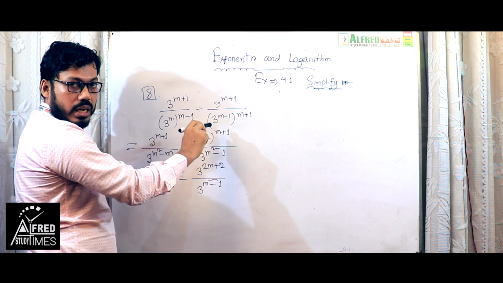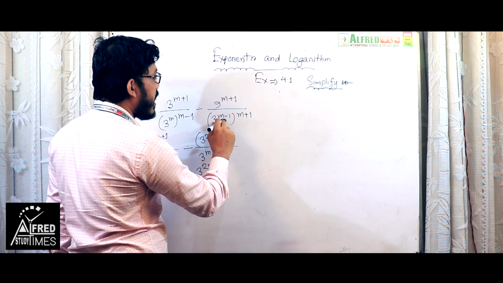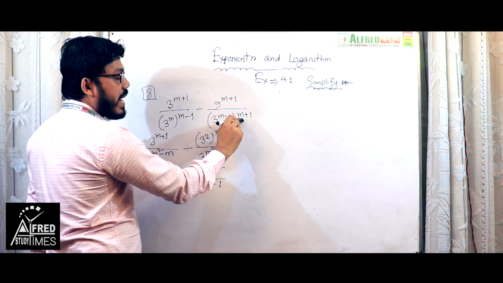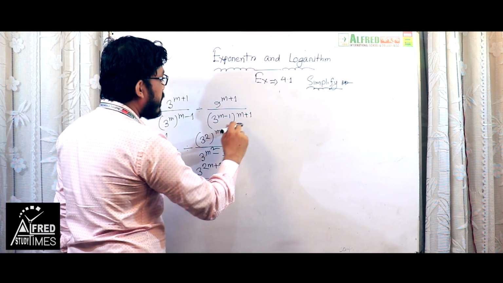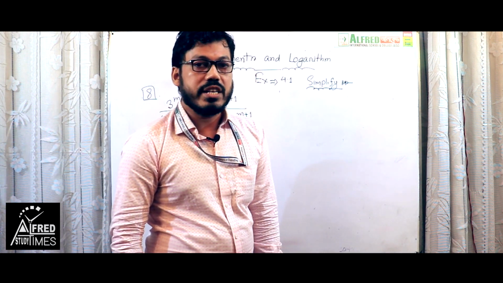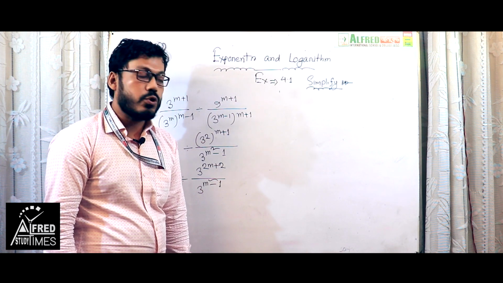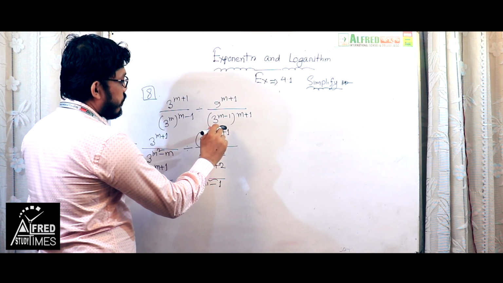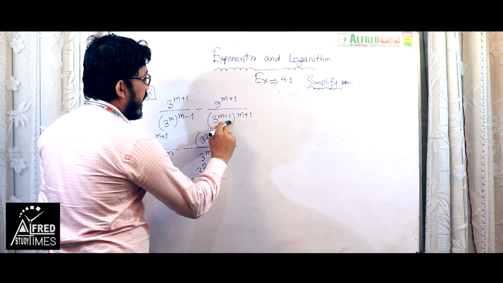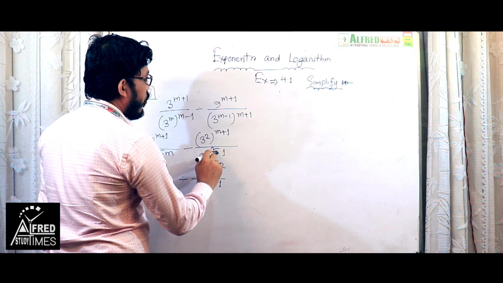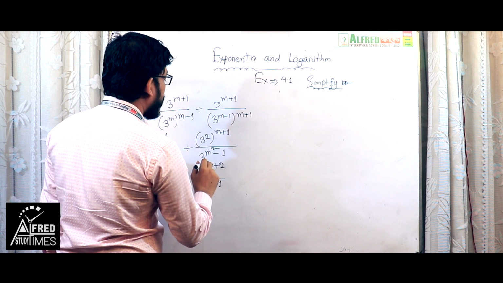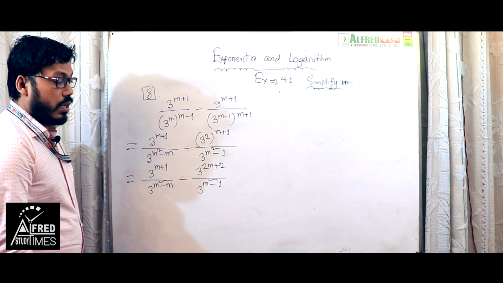Here we can apply the formula a square minus b square by thinking m as a and 1 as b. So m minus 1 means a minus b and m plus 1 means a plus b. We know in algebra, a square minus b square equals a plus b into a minus b. So it is very easy to apply by taking m as a and 1 as b. After applying the formula, we can write m square minus 1 at denominator of the second fraction.